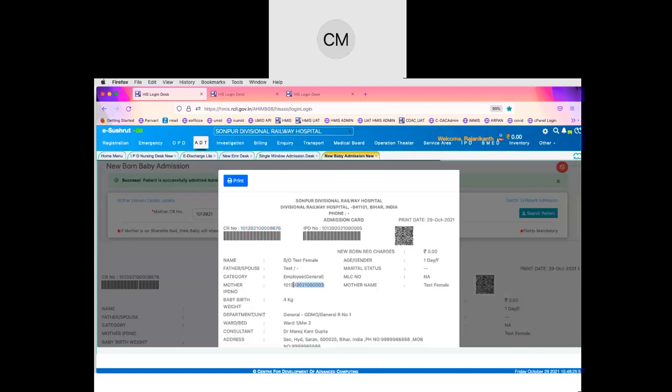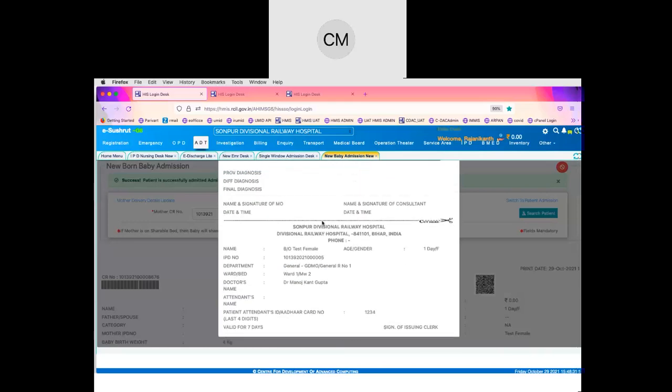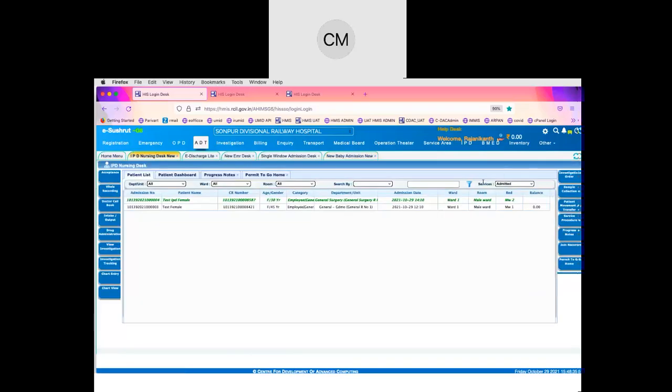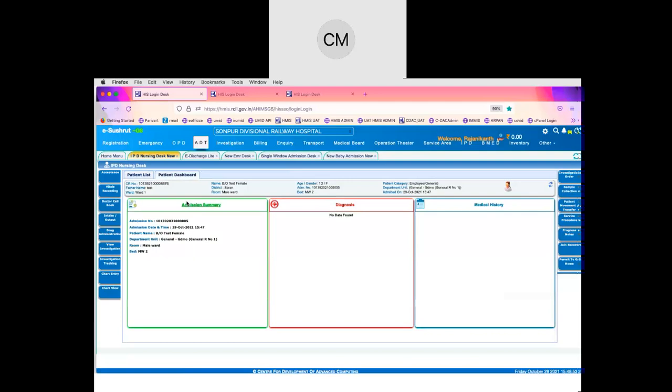So we can have a completely different case sheet generated here, and we can have drug administration separately for the baby, and we can also issue the drugs. We can raise the investigation separately for the baby. The rest of the things can all be done for the baby independent of the mother. It will also show in the list of cases for the baby. So that's all about the newborn baby related process.